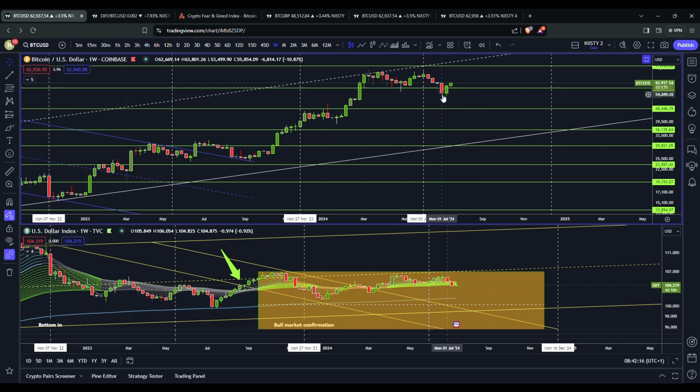So meaning, in order for Bitcoin to retest our 46,000 level, this candle had to take out this candle, meaning that Bitcoin had to take out the 53,499.90 thousand dollars. As we can see, this candle went as low as 54,278, which means the bulls didn't allow this candle to take out the previous candle and push lower, so there was a reversal. This candle can work as a reversal candle,